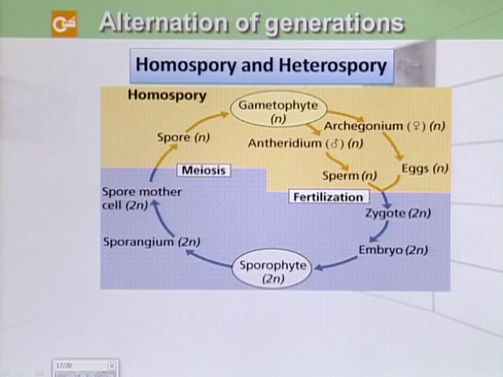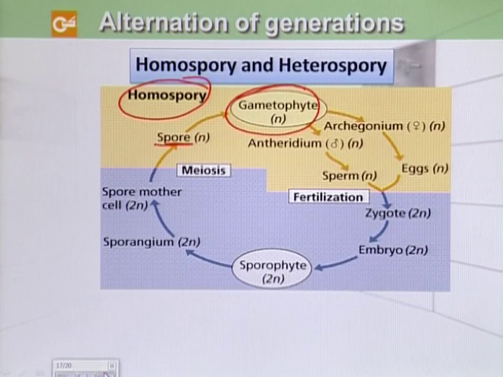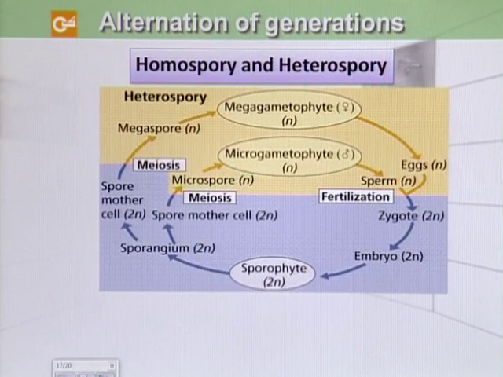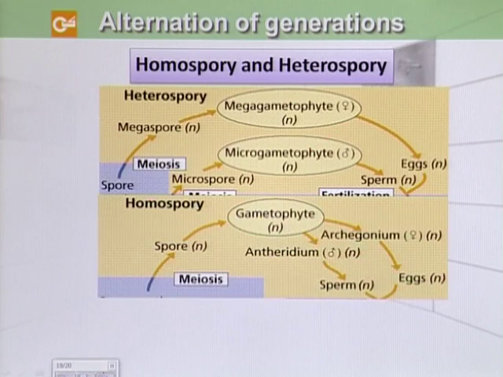So now we will see the difference between homospory and heterospory in the life cycle. As we can see here, in case of homospory, the spores which are produced by a sporophyte are of one type, and in case of heterospory, we will see that the spores produced from spore mother cells are of two types, megaspores, which produce the megagametophyte, and microspores, which produce the microgametophyte. These diagrams clearly show the difference between